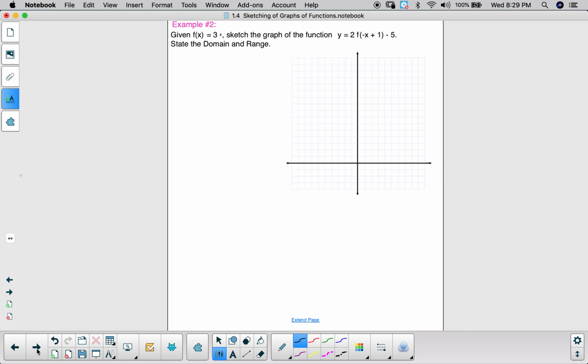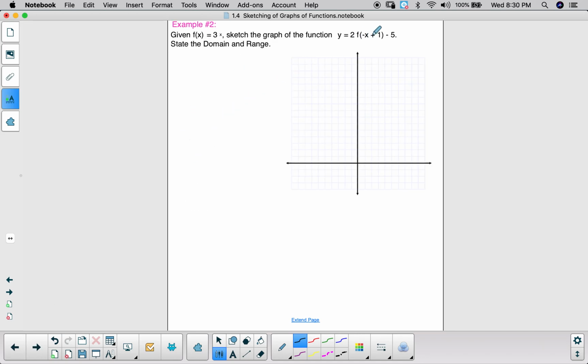Now we have another example. You're given a function f of x equals 3 to the power of x, so an exponential function. Sketch the graph of the function y equals 2 f of (minus x plus 1) minus 5. So